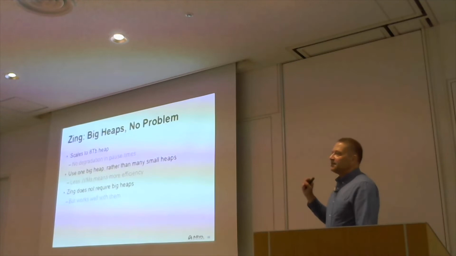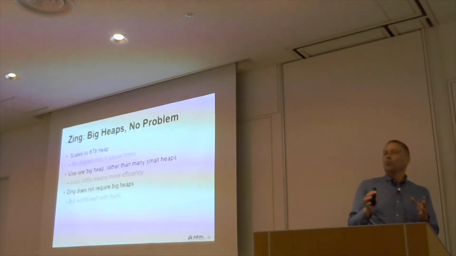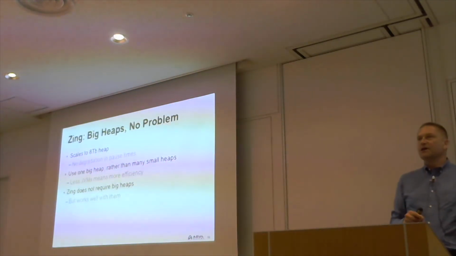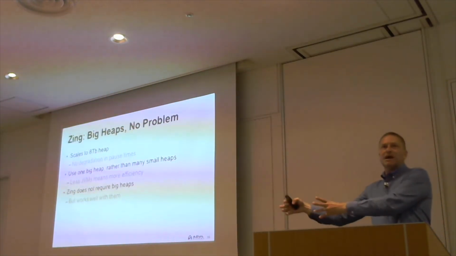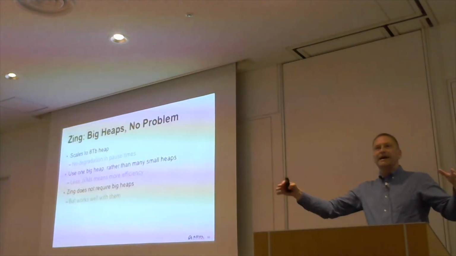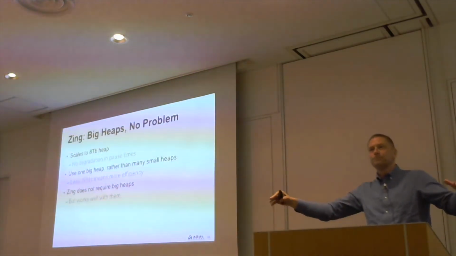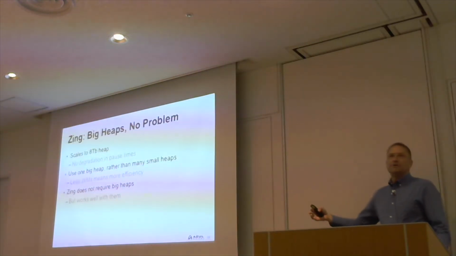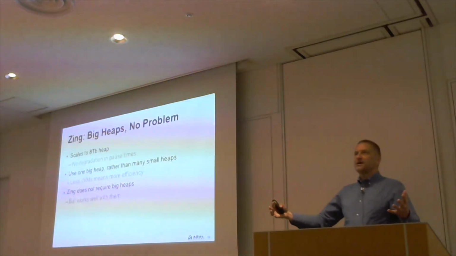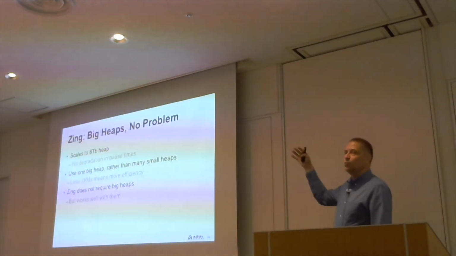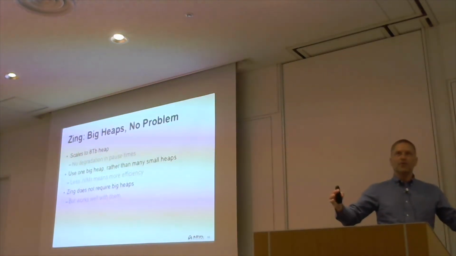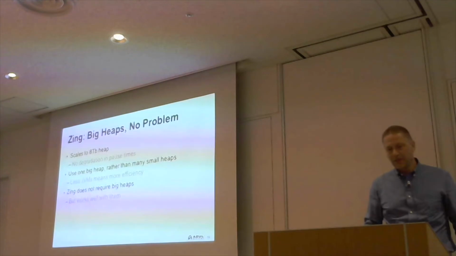The nice thing about that is quite often what we see with people is that in order to avoid problems with longer pauses on the heap space, they run multiple JVMs to break up the work and keep the heaps reasonably small. That's not a good design because, of course, they're trying to process a large amount of data. Rather than breaking it up and doing it that way, you can have a single JVM that can process all of that data in one heap.